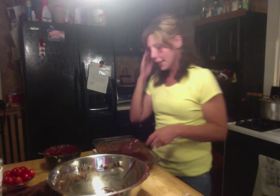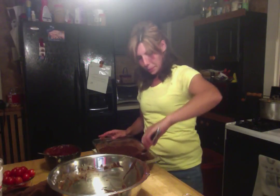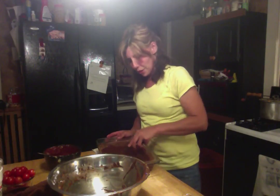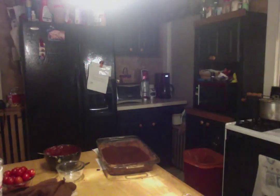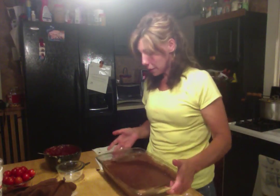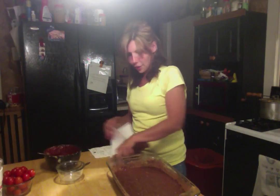Alright, now I'm using a 13 by 9 inch pan, and I'm going to spread it out. It'll be about 1.5 inches deep when you're done. Spread it out there. It's vegan, so we can try it. That's good. Yeah? It's because you know there's zucchini in it. Alright, so there we have it. You have your 13 by 9 inch pan. It is filled approximately 1.5 inches deep with your zucchini